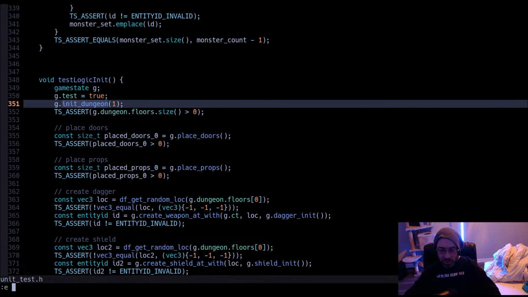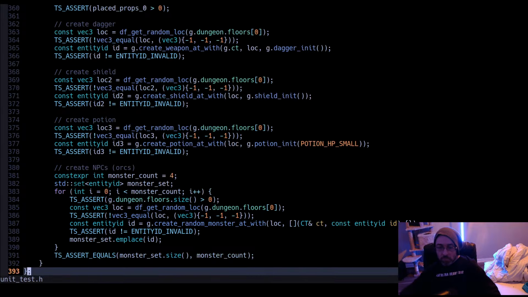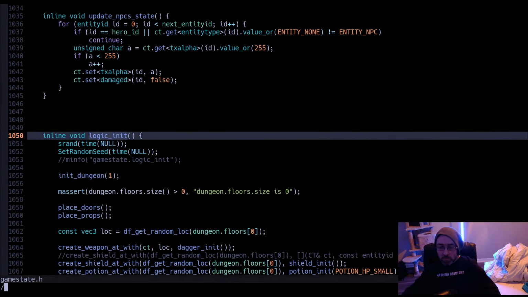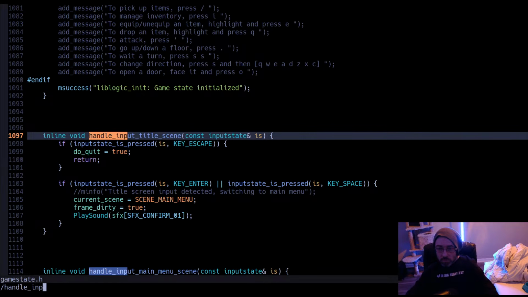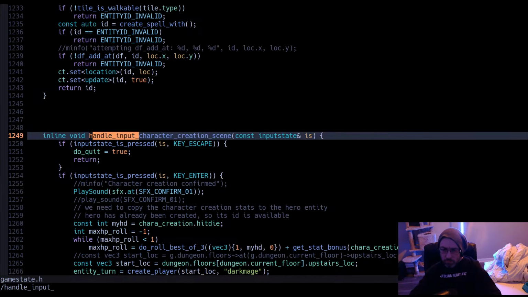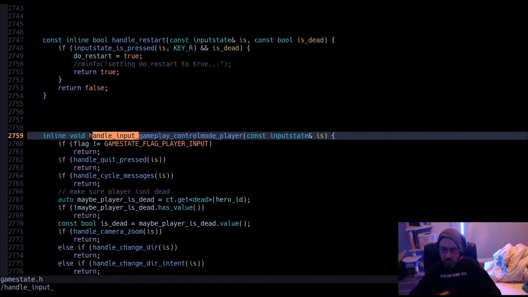So as a predicate towards that, handle input gameplay.